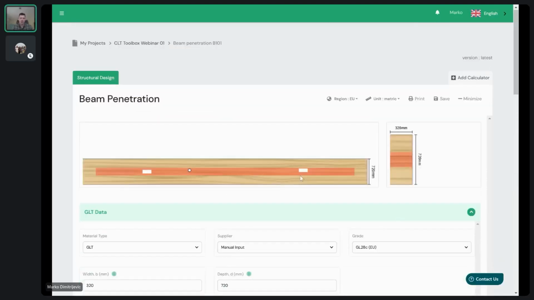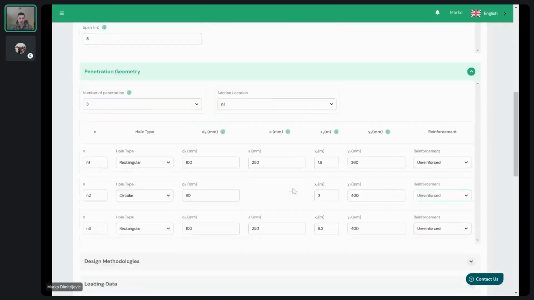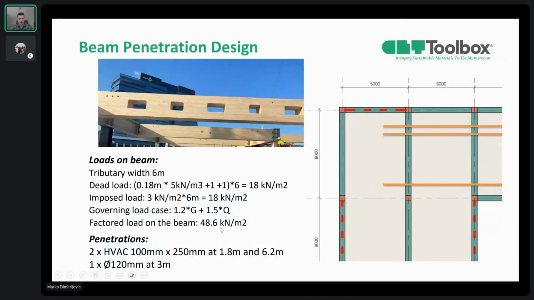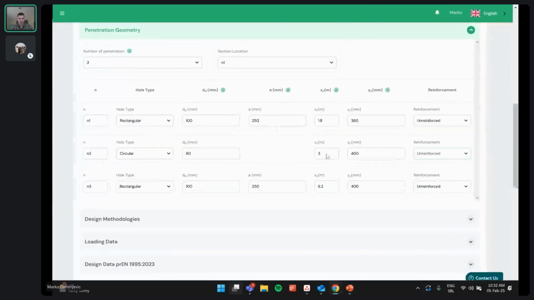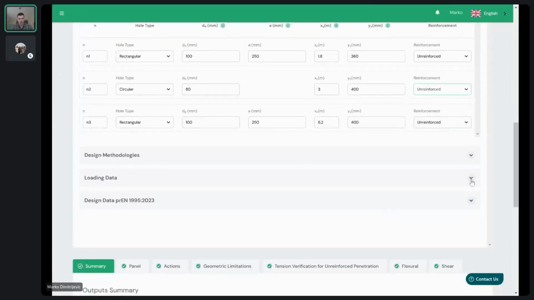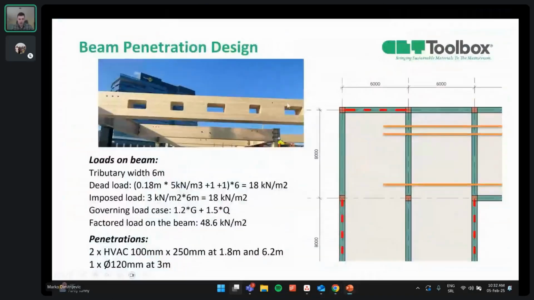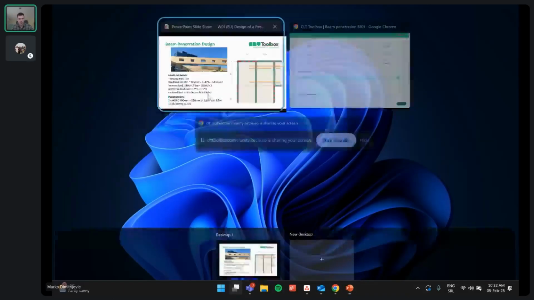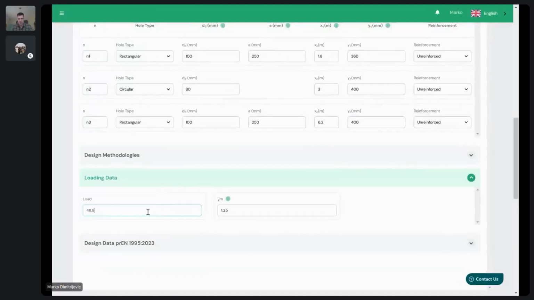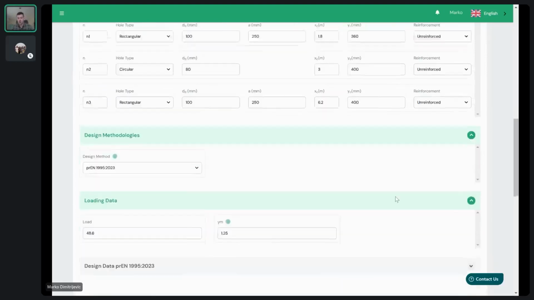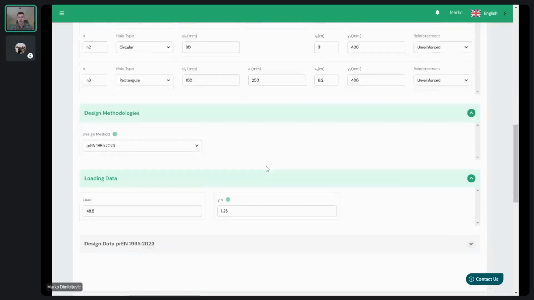It automatically will be shown at the dynamic imagery, and we'll go back and see what are the applied loads. So we have 48.6 kilonewton total factorized line load, and we're going to put that into the design methodology. So as I mentioned, it's 48.6. So, and we're going to keep the gamma as it is. At the moment, from user, it's required to input the total factorized load. As we implemented the national annex and load combination, this is also something that will pop up as an option